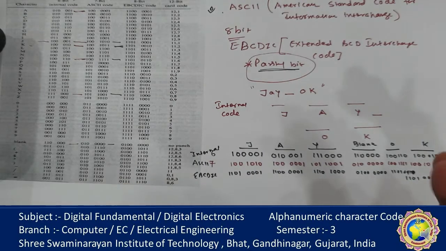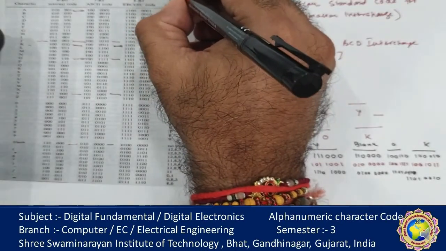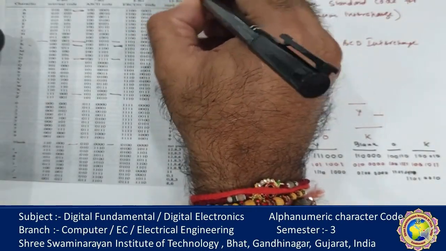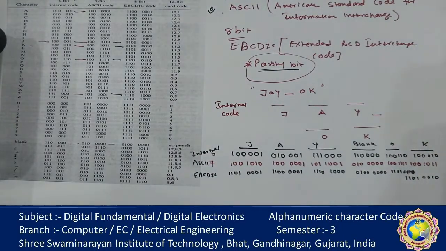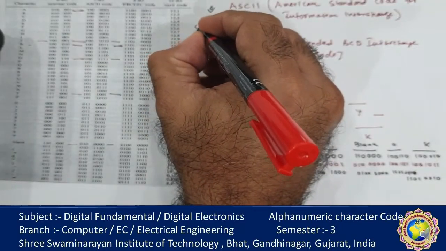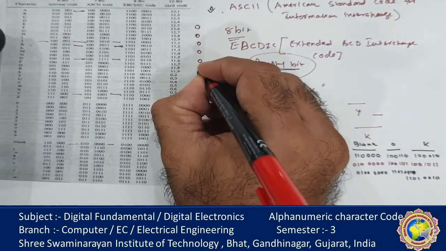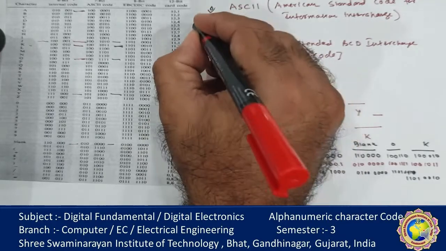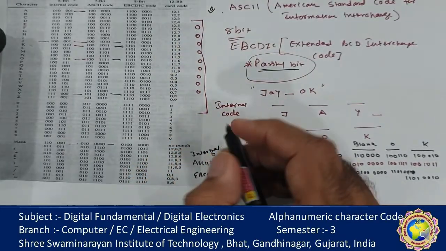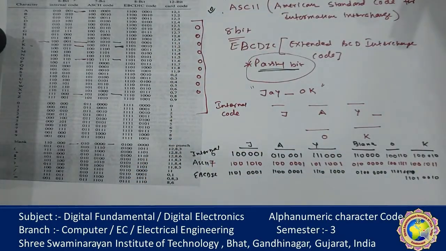Remember, in the older days there was a punch card used for attendance and everything. The punch card looks like this: there is one card, and at particular positions there are round holes. Suppose there is a 12-bit binary code on a punch card. When discrete information is transferred through a punch card, the alphanumeric character code uses a 12-bit binary code,